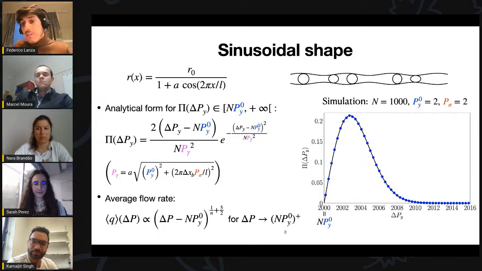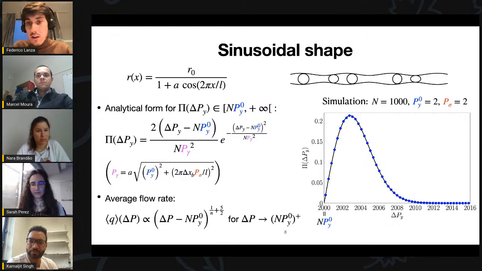And we try to confirm this analytical prediction by simulating a system in which we take a sinusoidal tube, and we randomize the position of 1,000 bubbles. We set some values for the parameters of the pressure contributions, and we compute for such a tube the corresponding value of the pressure threshold. And we repeat again for several tubes, generating several different random bubble configurations of the positions. And we then plot the histogram found from the values of delta py collected, and we can see that in the limit of many values of delta py, we actually find the analytical prediction